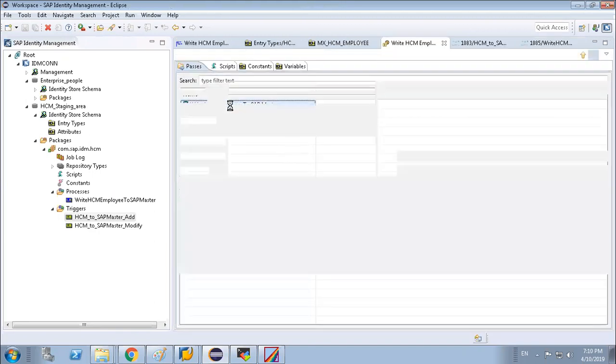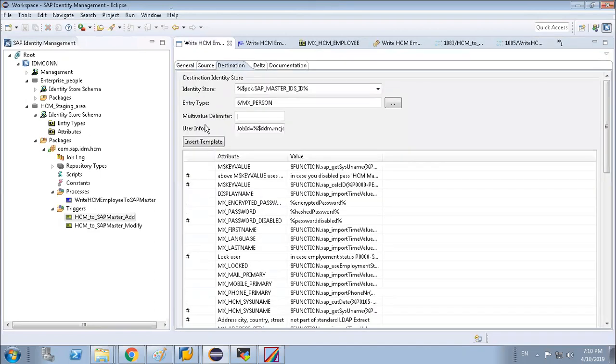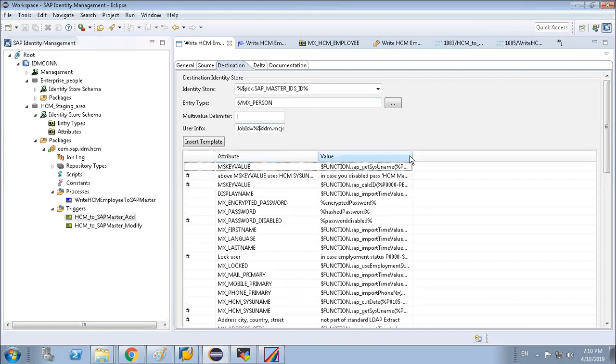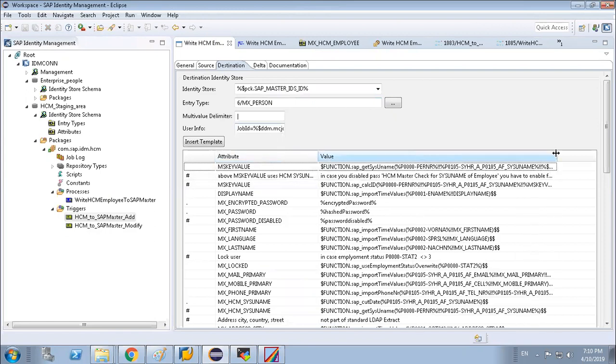And if you go here, you will see in the destination, this is the IDM attribute, and on the right hand side you will get the corresponding HR attributes. So from those HR attributes, the ID will be created in the IDM attribute section.